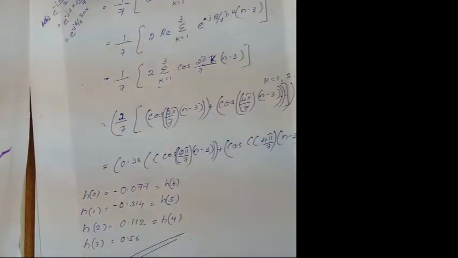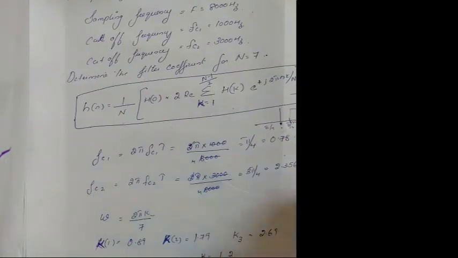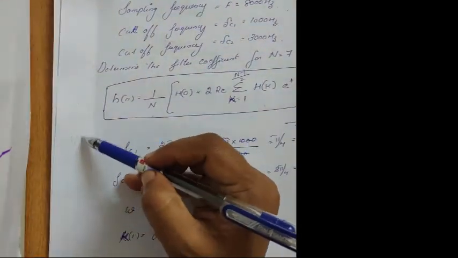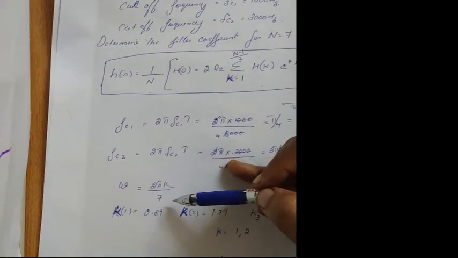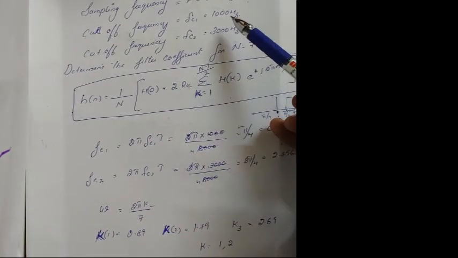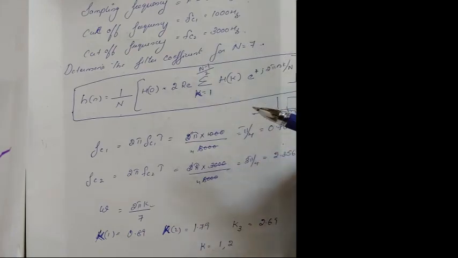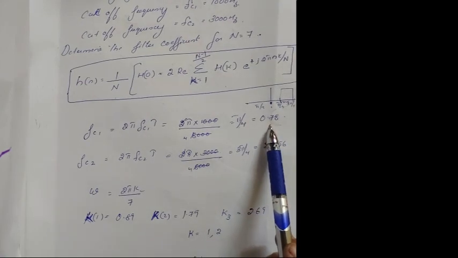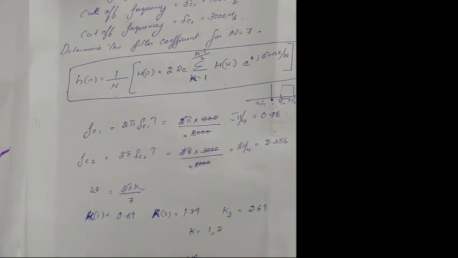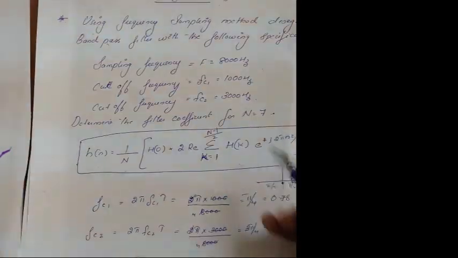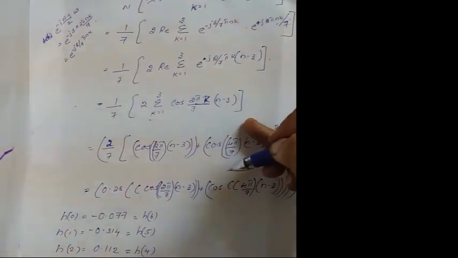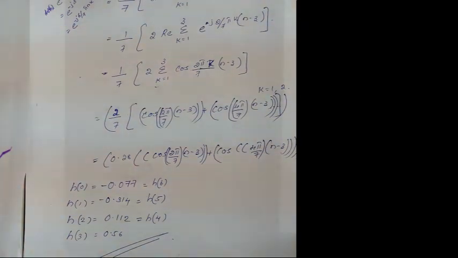The only thing that you have to know is you have to find the frequency limits first. Using frequency sampling, you first have to know what your omega value is, that means 2 pi k. So before that, if it is given as pi by 6, pi by 2, pi by 4, whatever value is given, you have to find the value using that. And you have to know in between which range your data will be placed. Using the basic equation, here it is e raised to j 2 pi nk by N. Using the data, you can substitute and find the value. That's all about frequency sampling. Okay. Thank you.